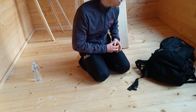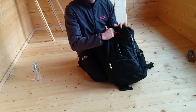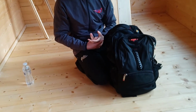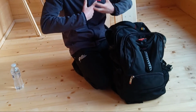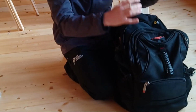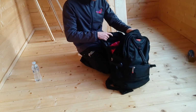Now when you get older and you have a little bit more equipment, you're going to need a good sturdy backpack in order to transport this equipment around. Now you can go to Sports Direct and get some. I've got one here that's a little bit dearer because I'm often training many times during the week and I want something that will last and is a little bit stronger, but that's just my personal preference. What you're going to need inside these